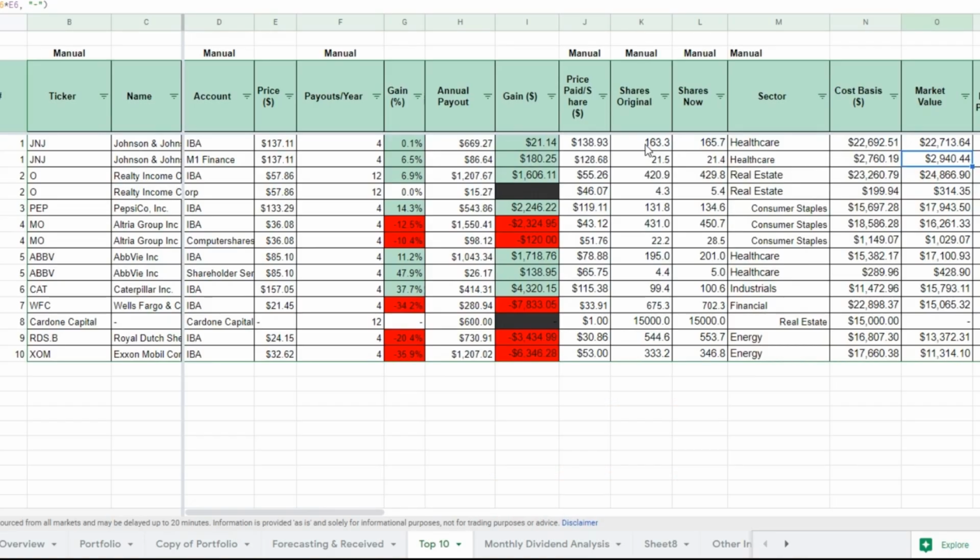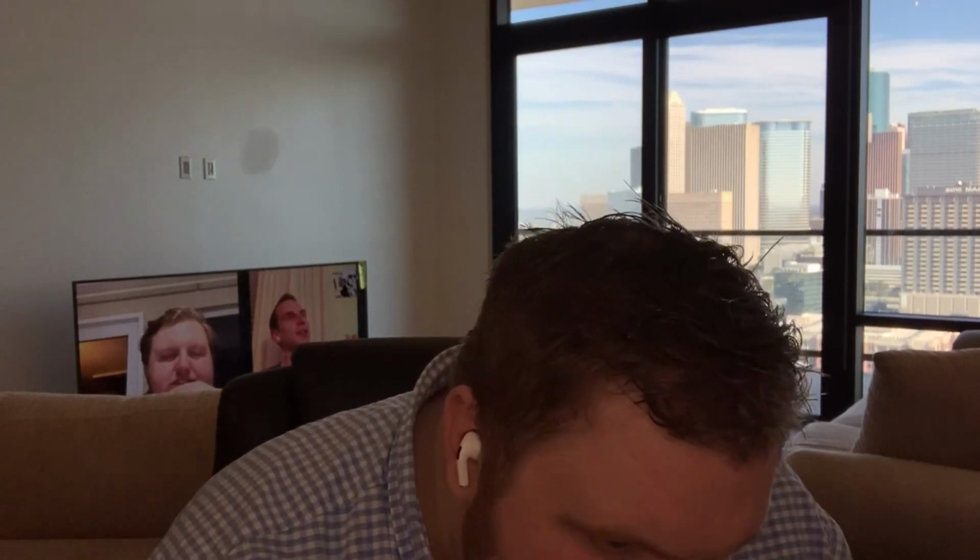And so we have everything ranging from healthcare, energy stocks, real estate, to consumer staples as well. And we also have industrials in there with Caterpillar. So really hope this one helps. Overall, these top 10 companies pay for about $8,500 worth of my dividends, which is almost half, because I get about 17,000. So a lot of these companies are paying for about half of my dividend income here,